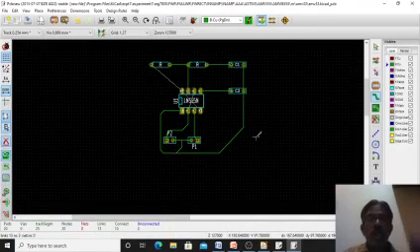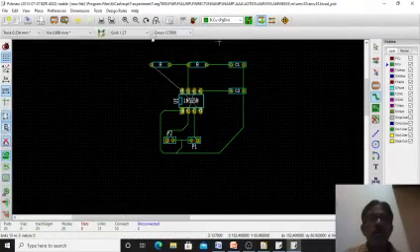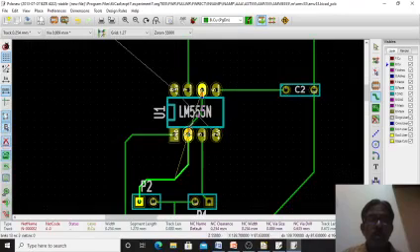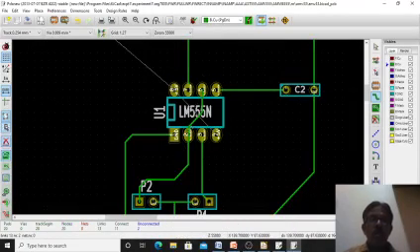Now only 2 wires are remaining, so you just check those 2 wires. One is 2 to 6. I will connect internally only, right, 2 to 6, that is 2 to here, 2 to 6 I have connected.